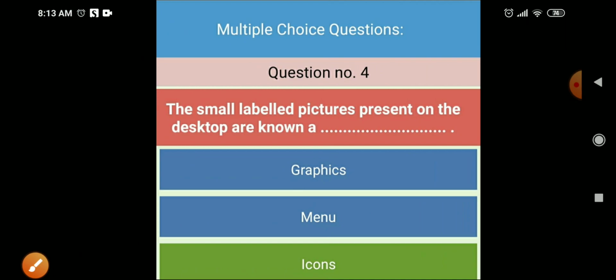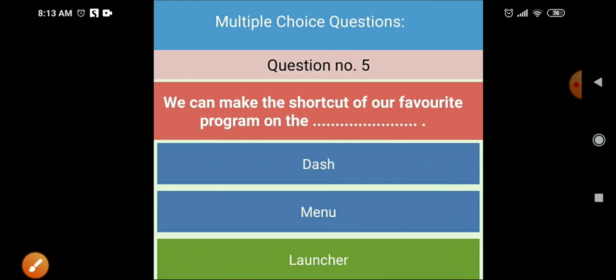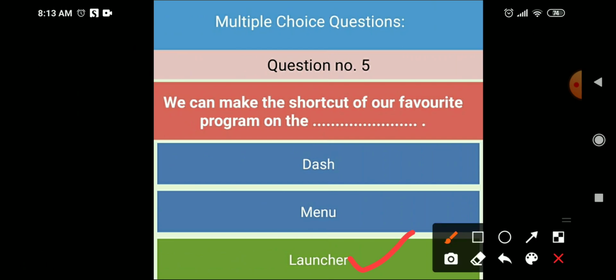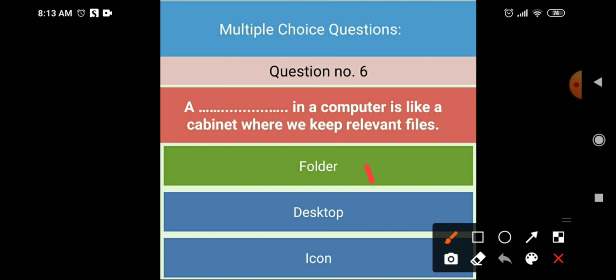The small labeled pictures present on the desktop are known as icons. We can make the shortcut of our favorite program on the launcher. A folder in a computer is like a cabinet where we can keep relevant files.